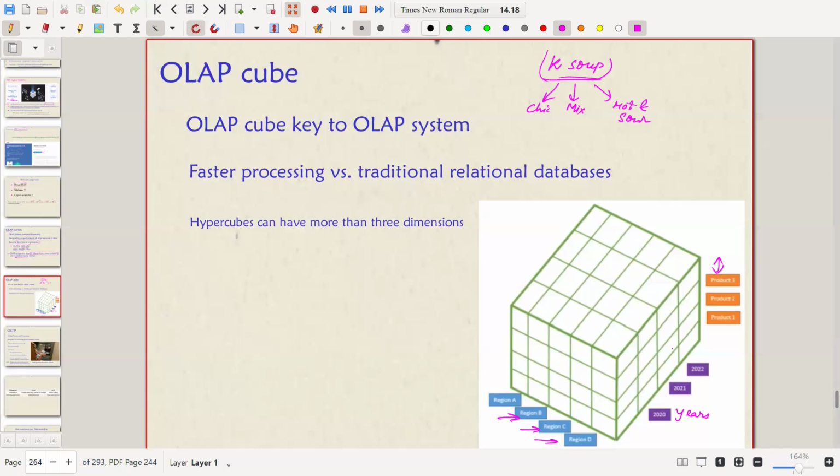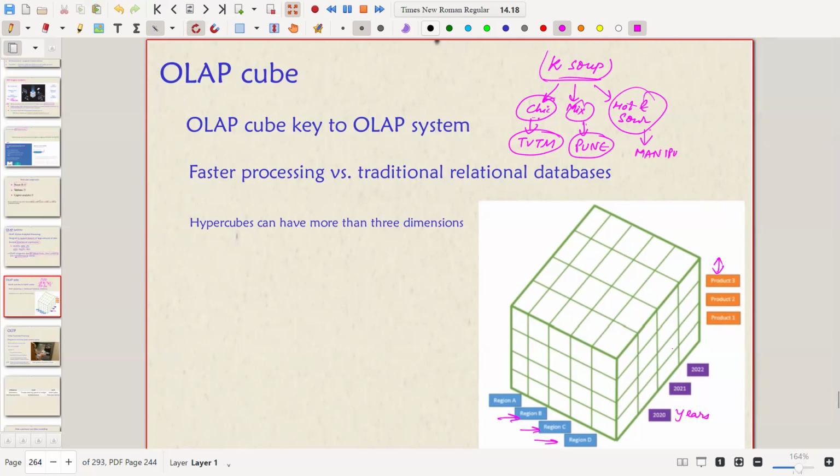Okay. So these are the different types of products you have for that particular soup company. These are the three products A, B, C, and they want to understand in which year each product has been sold the most, and in which region. Suppose this one is sold in TVT, right. We don't know. Maybe this one in another region, and maybe this one in yet another. We don't know. So this is the idea.